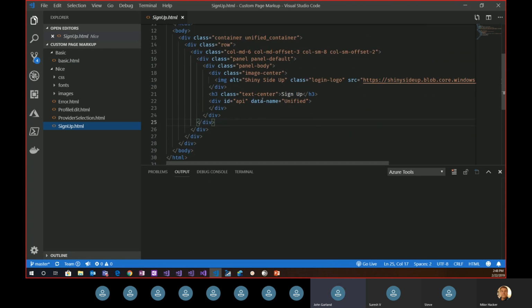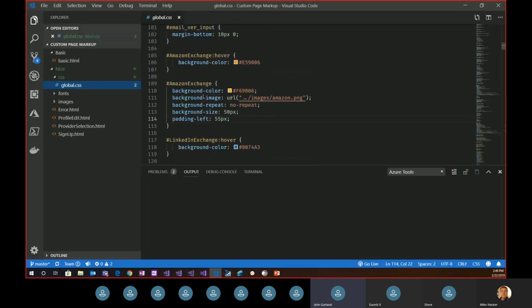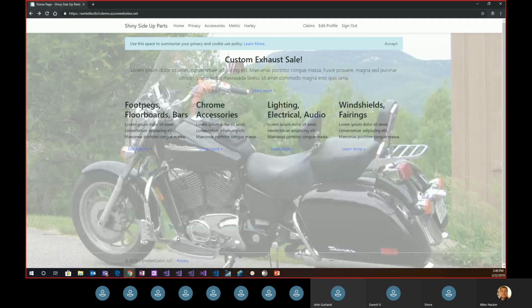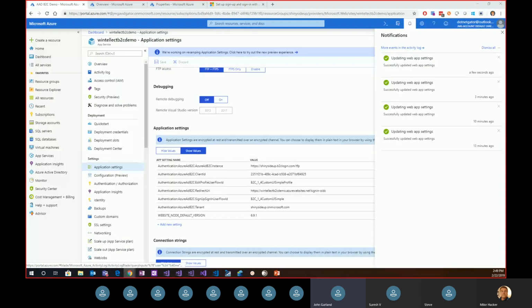And you'll see here that I still have that key div, that API div, where Active Directory B2C will drop its elements. But what I've also done is I've dropped in some CSS content here, and I can look up the tags that are being given to the elements by Active Directory B2C, and I can drop in styles that will affect those particular tags. So if I once again switch the user flow that I'm using in my application when it's calling B2C to authenticate,